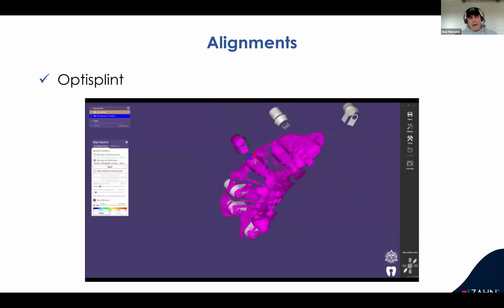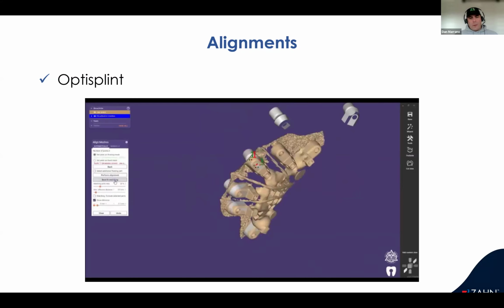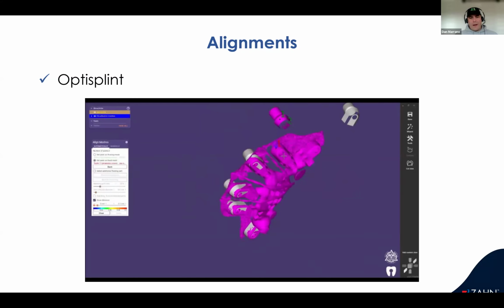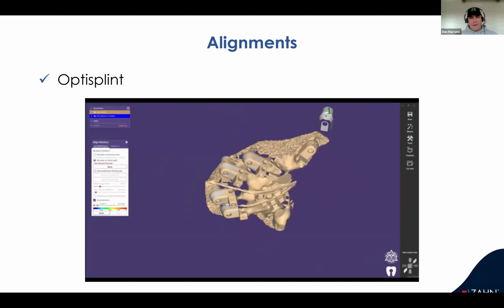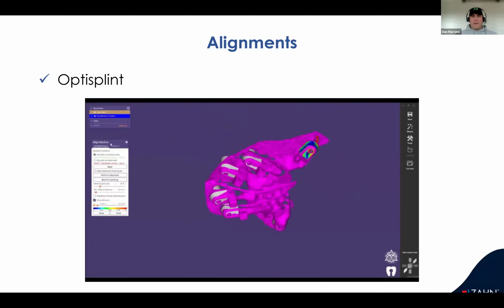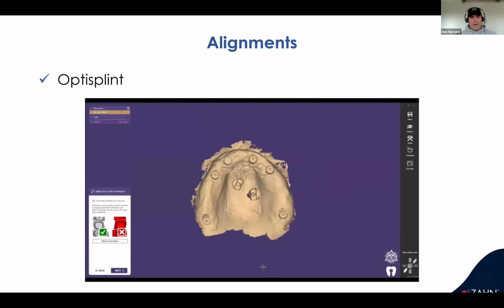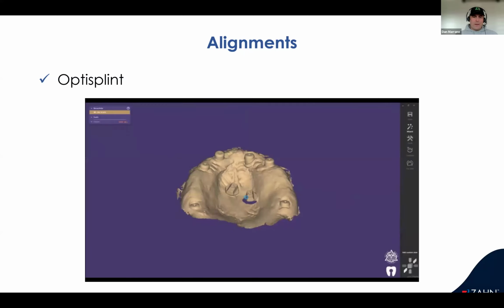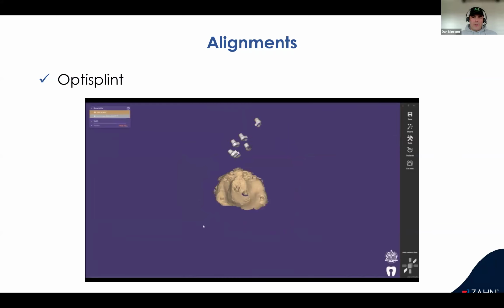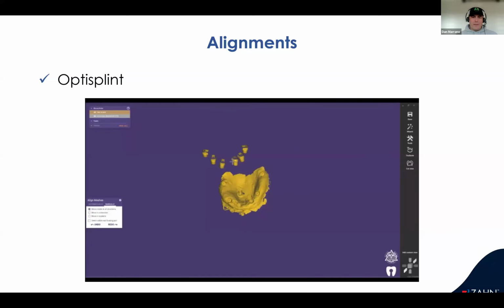Now, some of these, like that one and maybe this one, I probably would have spent a little bit more time aligning if I was doing this live. For the demo, I just went through really quick. And now you have your new healing capped OptiSplint file where you can save that. And then you go back to the tissue scan. You bring that new saved file in,